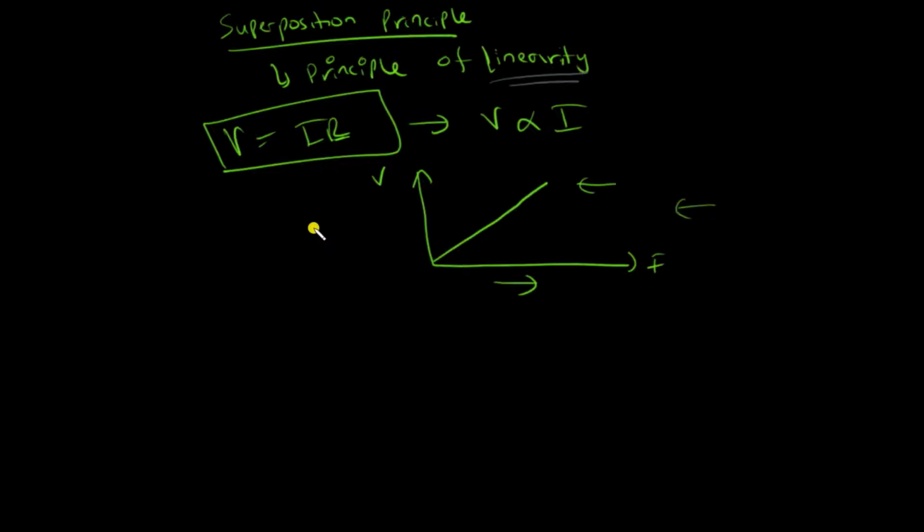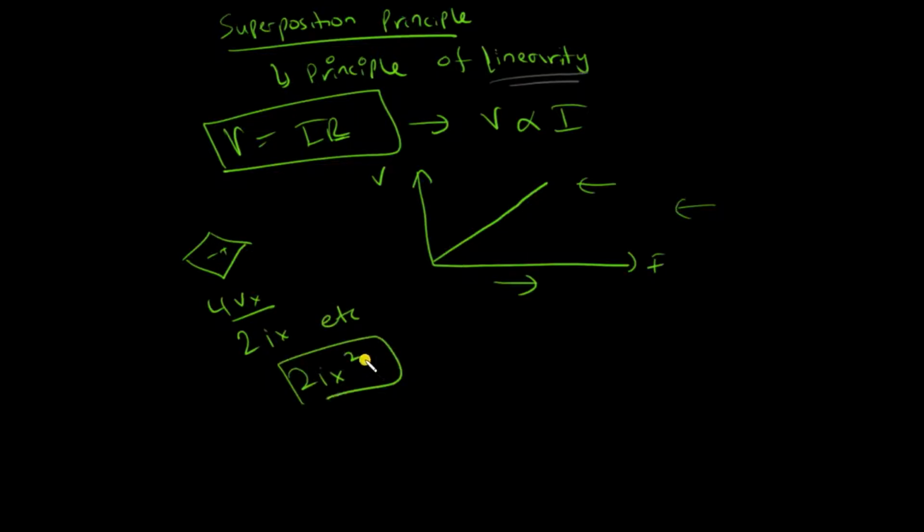So resistors are not the only linear elements we have studied. Until now, all the dependent sources that we have encountered have also been linear. They have been in the form of 4Vx or 2Ix, etc. Never have we seen a source with a value of 2Ix squared, because this is not linear. So we are dealing with linear circuits, and hence superposition can be applied on all of them.